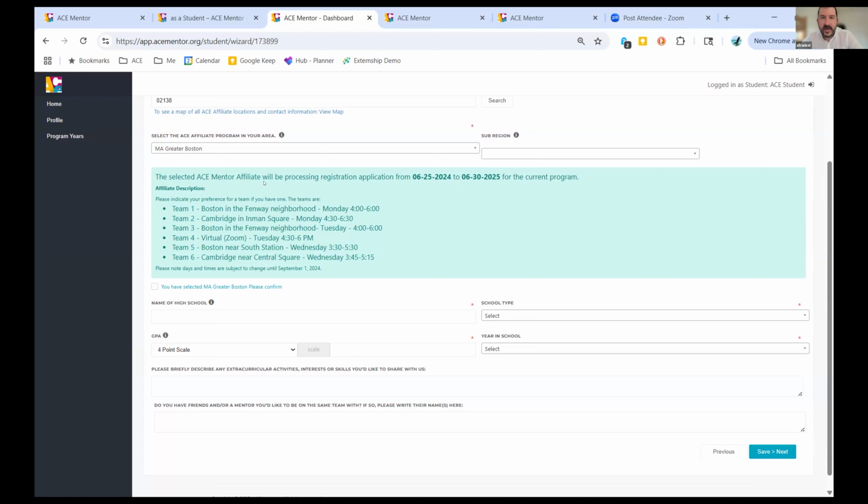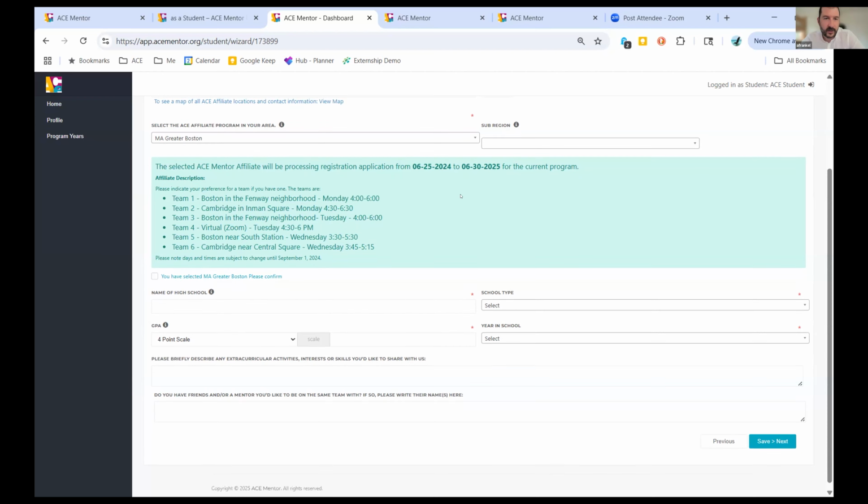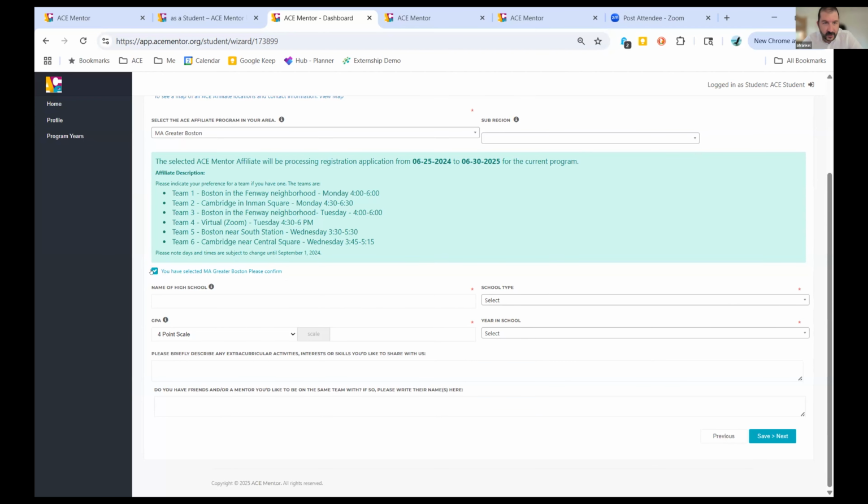So here's what the ACE Boston program is telling us. These are all their different teams, where they meet, and what time. So this is probably useful information to somebody who's applying to register with the ACE program. You're going to go ahead and confirm that that's the correct affiliate, and then go in here and fill in